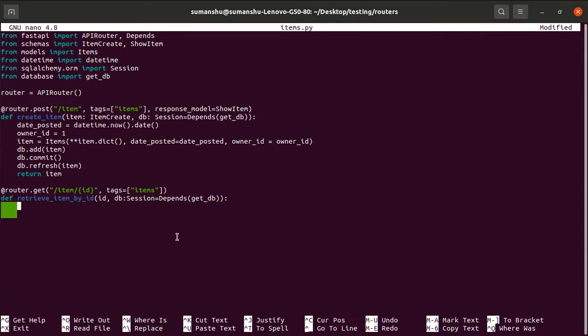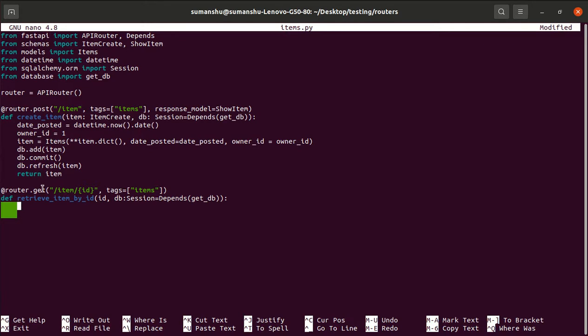Now we know we are using the SQLAlchemy approach, so we are not writing an insert into statement. When we insert the item, we write db.add. db.add is a SQLAlchemy statement, but at the back end it automatically generates the insert into table name and passes all the values. Similarly when we retrieve the item, generally we write select star from the particular table name where ID is equal to the ID number. But we will not use that, we are using SQLAlchemy.